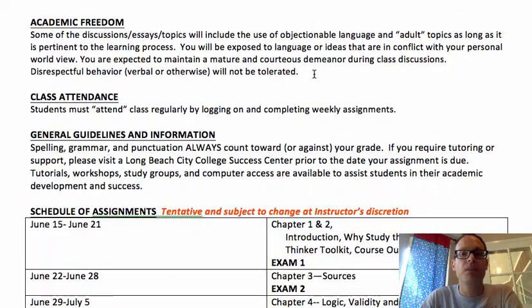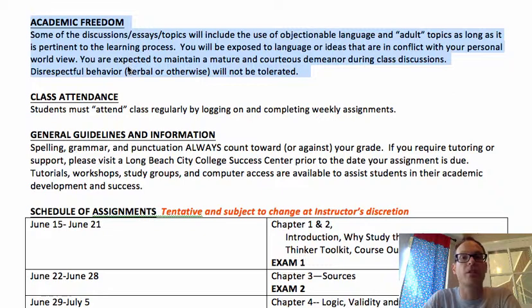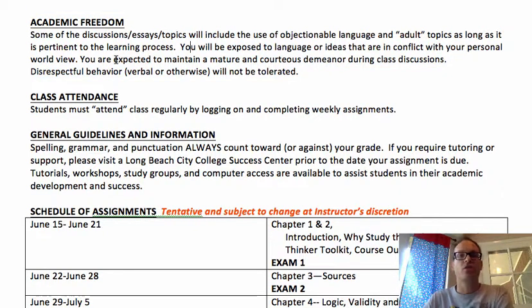Okay, academic freedom. Occasionally in this course, you are going to encounter something that you really don't agree with. It may be a tremendous disagreement that you have. It may make you very upset. That's absolutely understandable. Just remember, part of education is to take your ideas and to test them, and occasionally that means there's a conflict with your worldview. That's just education. Nobody's quizzing you and making you believe a certain thing, but surely you will understand the point of this course is kind of to test your ideas and ensure that you're thinking as critically as possible.